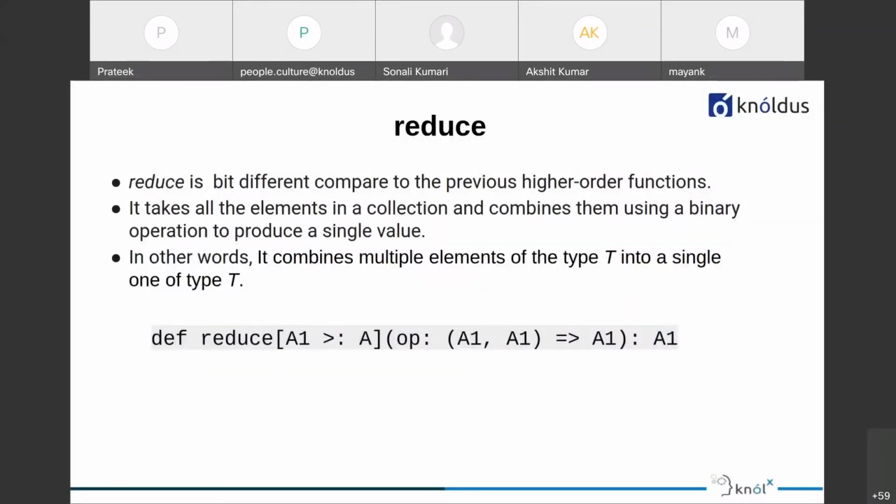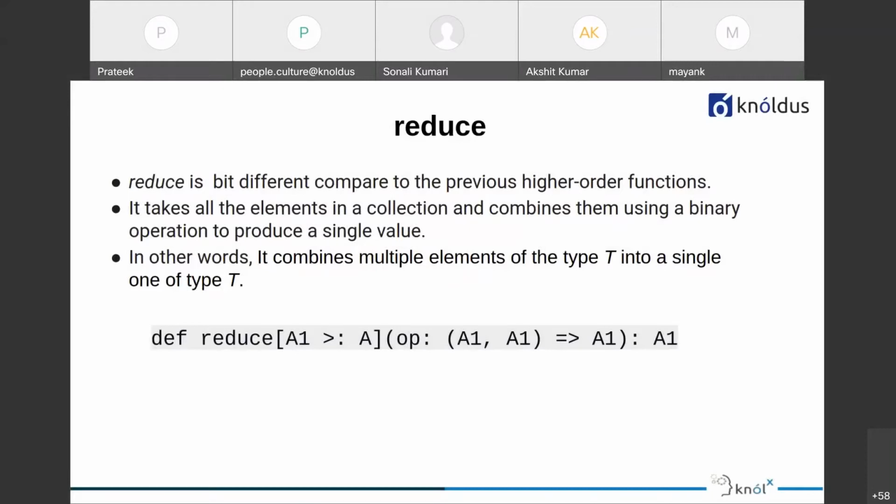This is reduce. Reduce is a bit different function compared to the previous ones, the map, the flat map, and the filter function. How is it different? Let's understand that. The reduce function simply takes all the elements from a collection and combines them using a binary operation to produce a single value.